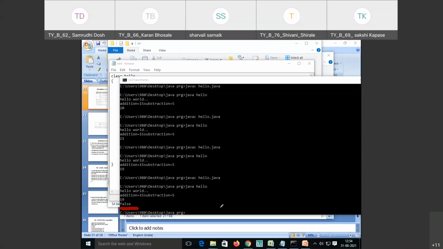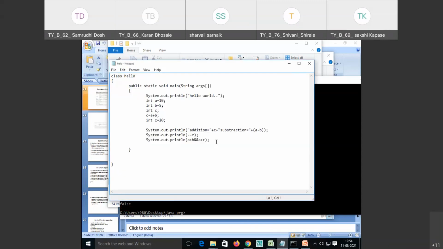Similarly for the OR operator. Let's see the example of the ternary operator. For the ternary operator, I'm writing in brackets a is greater than b, question mark, and then the else part.